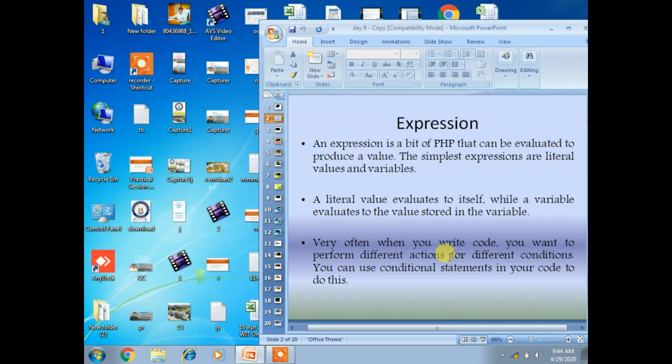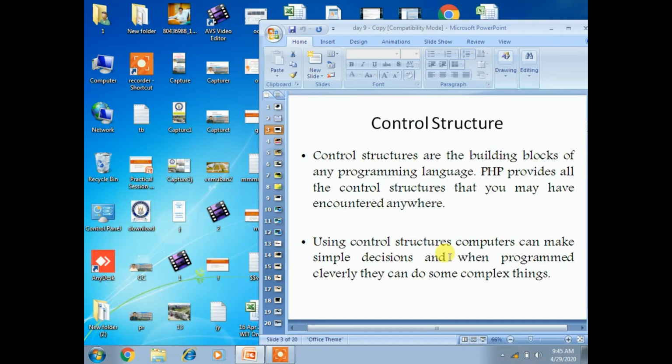In PHP, there are 4 different types of conditional statements, as follows. Control structures are the building blocks of any programming language. PHP provides all the control structures that you may have encountered anywhere. For each and every programming language, there are conditional statements.